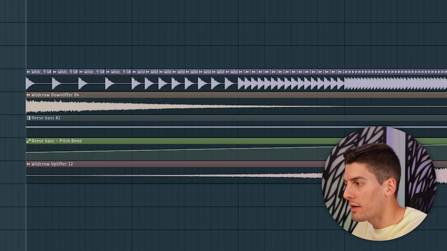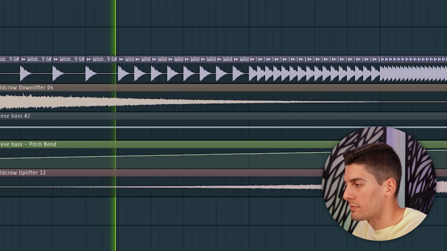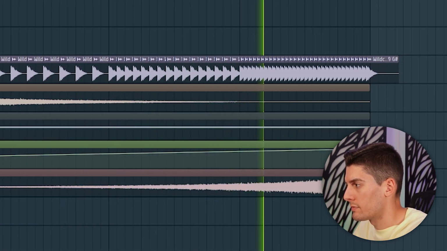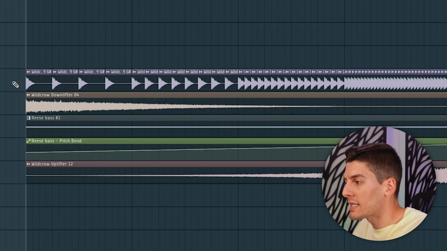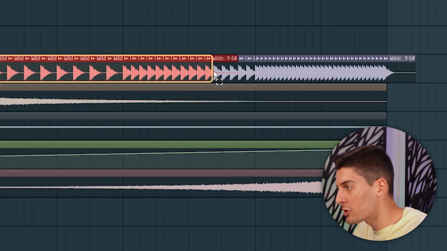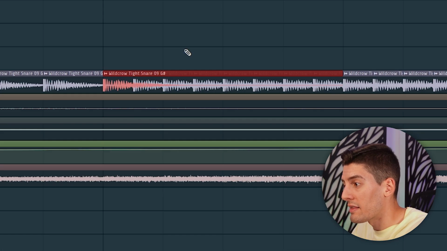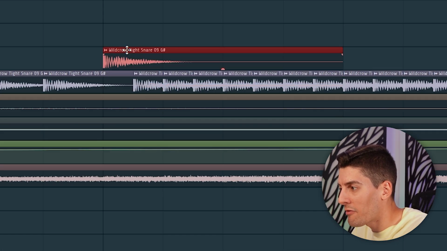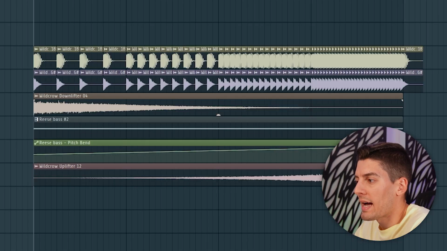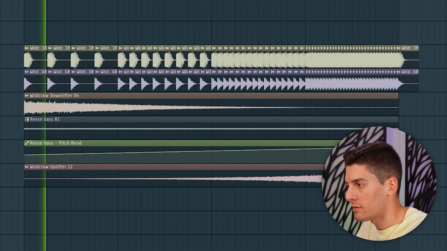I have this build-up right here. If we look at the snares, we can see that they go faster in every bar, and the faster they go, the closer is each snare to the next one. In the fastest moment, as you can see, half of the first snare is playing on top of the other ones, and this happens with all of them. And for the snare, this is not a big problem, but what happens if we have kicks? If I have a kick doing the same as the snare,